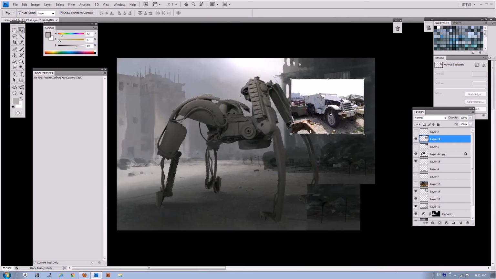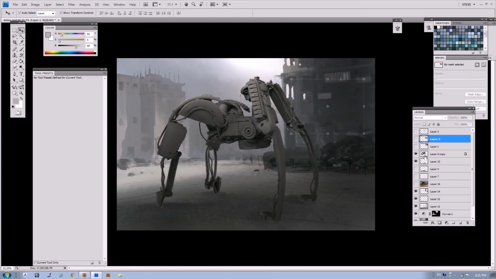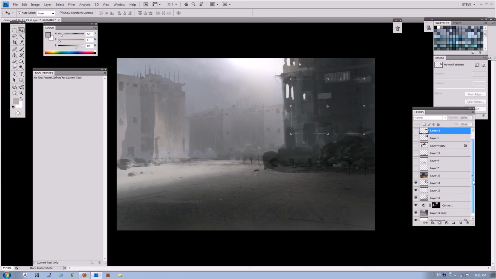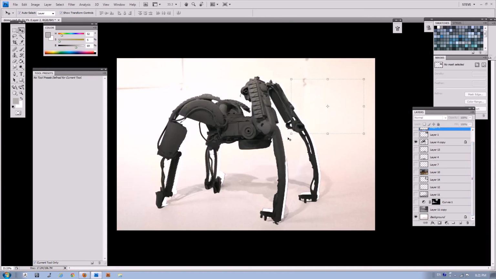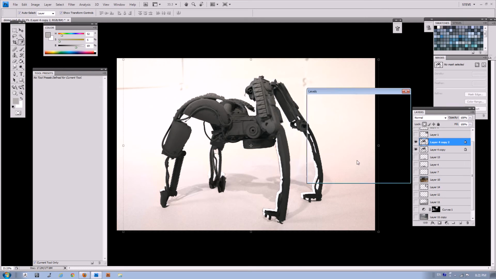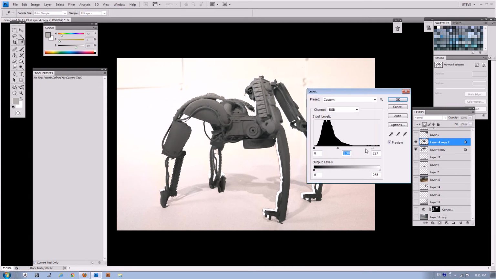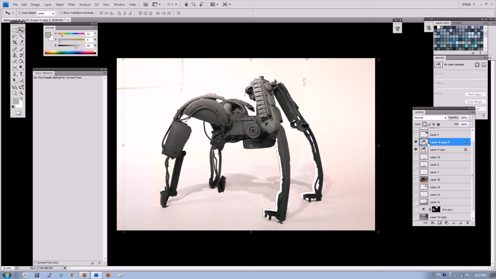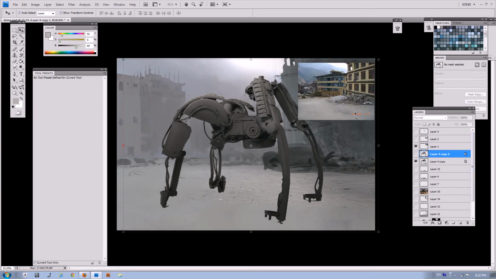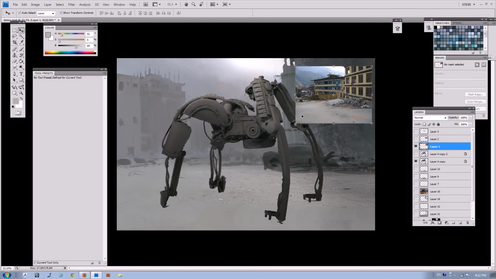Or background? So once I've extracted my mech from the photo, this is originally where it came from. It was like this. Actually, it was more like this. So that's how the photo looked. And once I extracted it, I put in this background, and the color palette came from this photo source here. I used a good portion of this ground plane